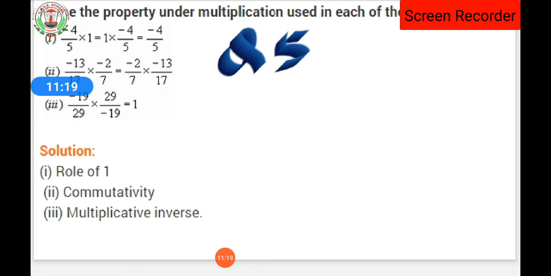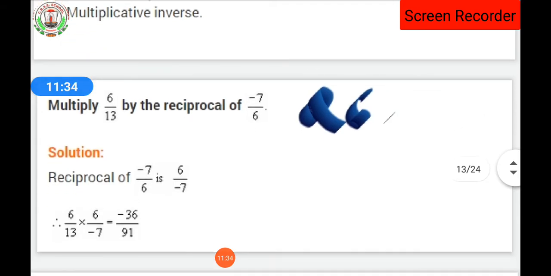Moving toward the third part of the question, the reciprocal of minus 19 upon 29 is 29 upon minus 19. When it gets cancelled, the answer will be 1, isn't it? So this property is the multiplicative inverse. Clear up to here? Moving towards the next question, that is multiplying 6 upon 13 by the reciprocal of minus